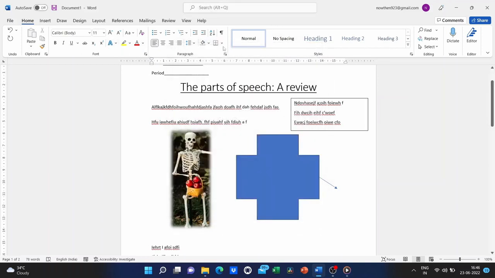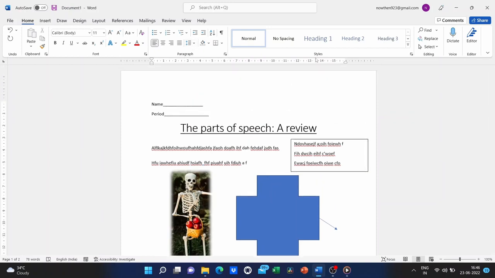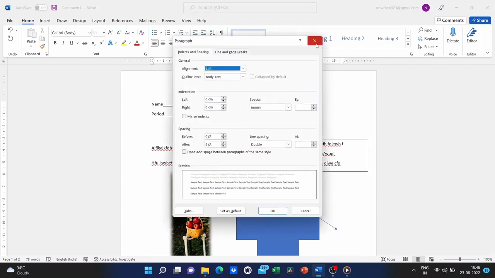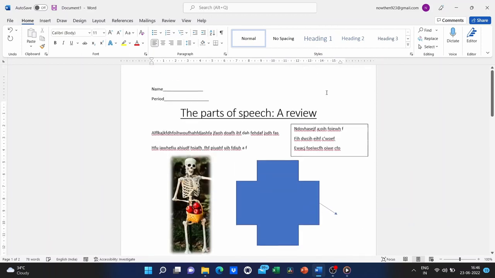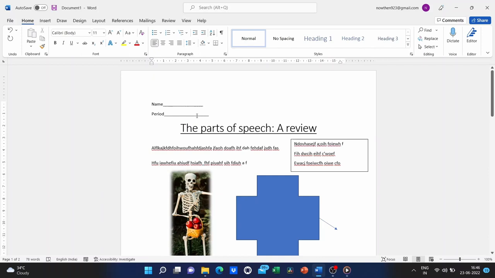Okay, so I'm happy with this. I'm good, of course. I could change the margins at the left and right using the ruler tool, but if I don't want to mess with that, I'll just leave it as it is. Now to finish this off, I just go to File.